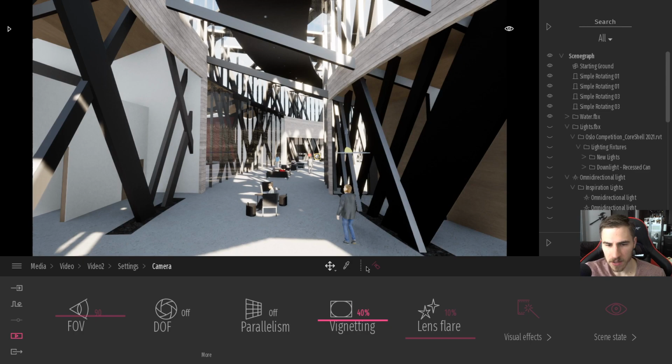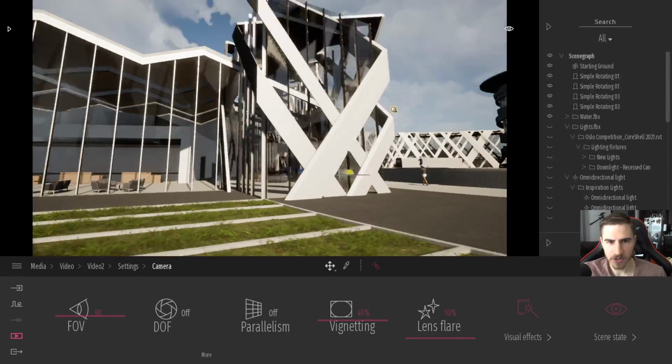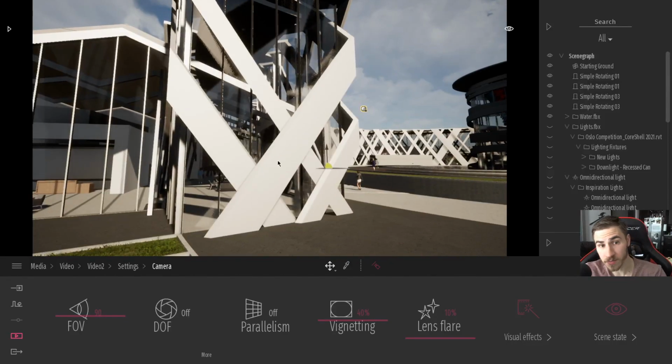But I also have this little icon up here, and this is actually called Camera Align. And it looks like a straight line with a camera facing that straight line. That tells me that the camera, using this Camera Align tool anyway, can be aligned perpendicularly to a wall or a face, any face in your model. So that's really interesting. So maybe what I want to do is just kind of reframe this shot to show something outside. And while this looks good, maybe I want to be perpendicular to the face of this wall, something like that, for example.